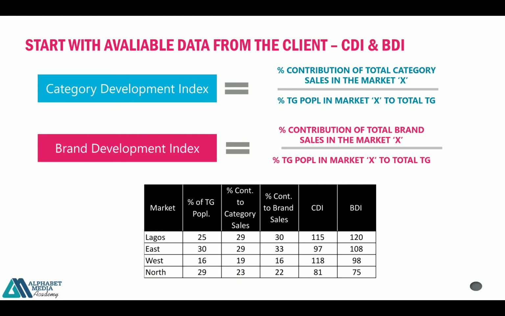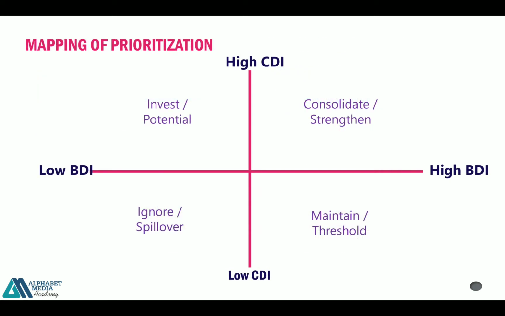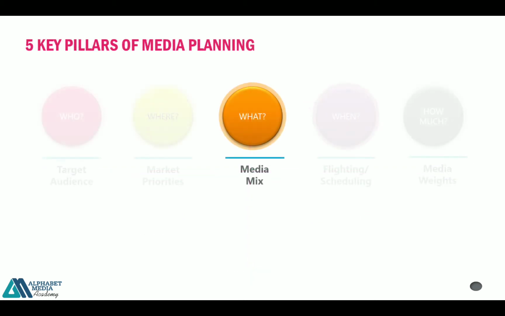We went into the where. We started talking about CDIs and BDIs, and how if the client is not willing or able to give you your key markets, you are able to actually use this analysis to determine what are the key markets that will fall under investment and potential places you need to consolidate, your threshold markets, as well as identify markets that you need to ignore, and so on. Now that brings us to media mix, and I think this was about the point where we kind of stopped things. We had spent most of our time talking through the who and the where, and we needed to get